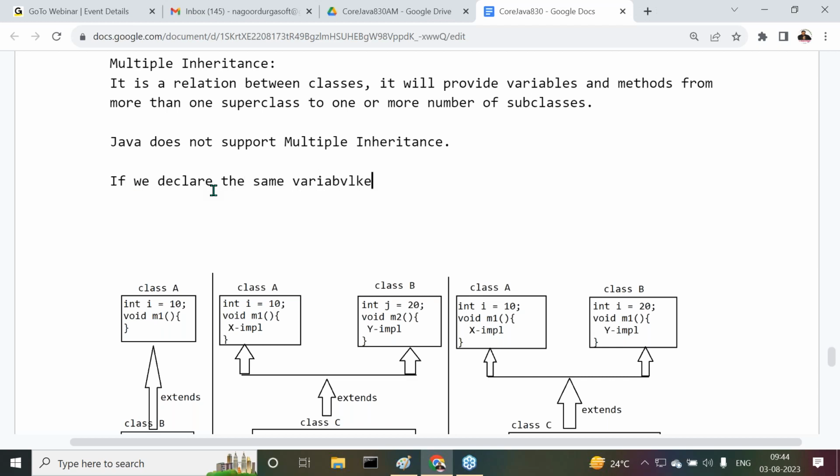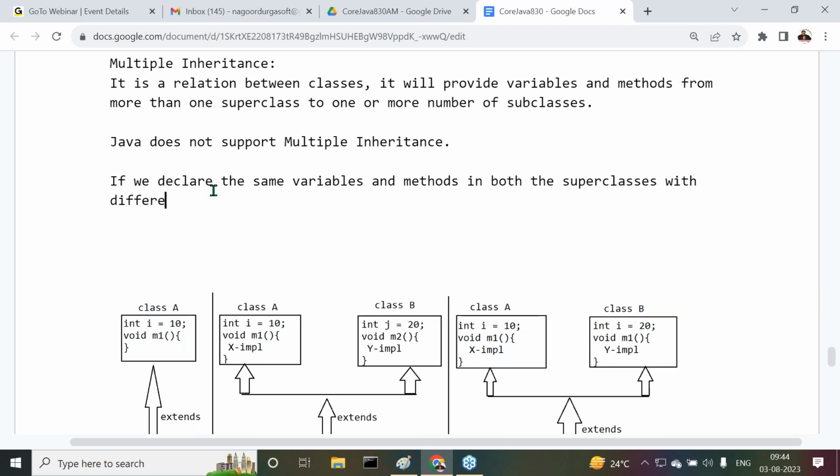If we declare the same variables and methods in both the superclasses with different values and different implementation,